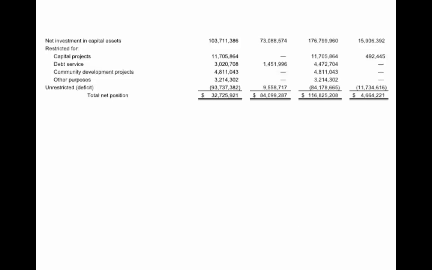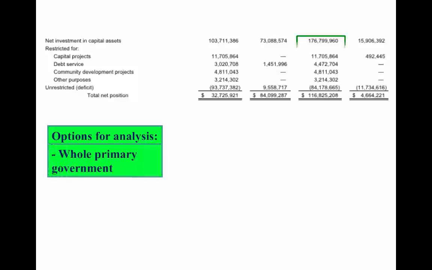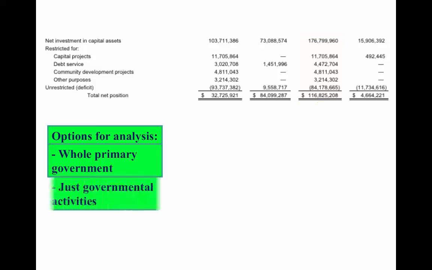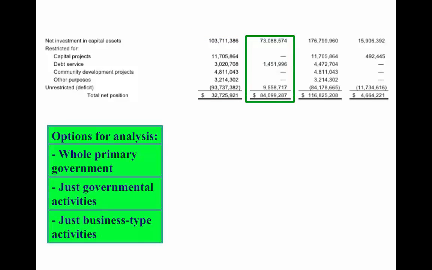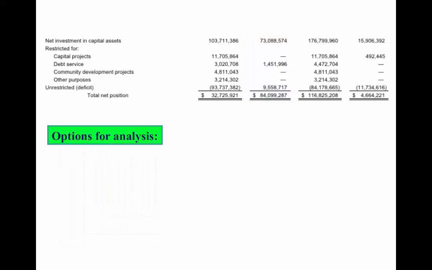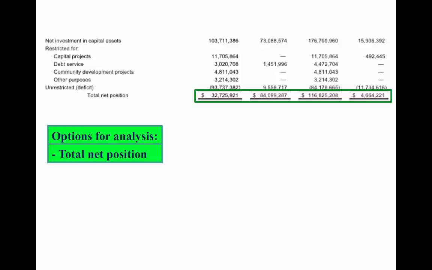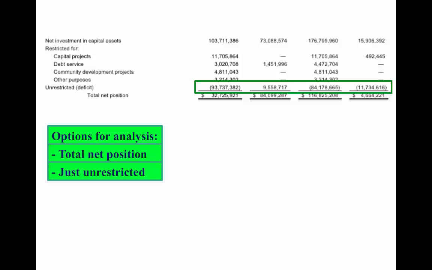So looking a little bit more closely at what that section looks like, you have a variety of options for how you want to slice and dice this net position information in order to analyze it. You could look at the primary government as a whole, or you could look at just the governmental activities, or just the business type activities. And then for any one of those columns, you could be looking at total net position, or just unrestricted net position,